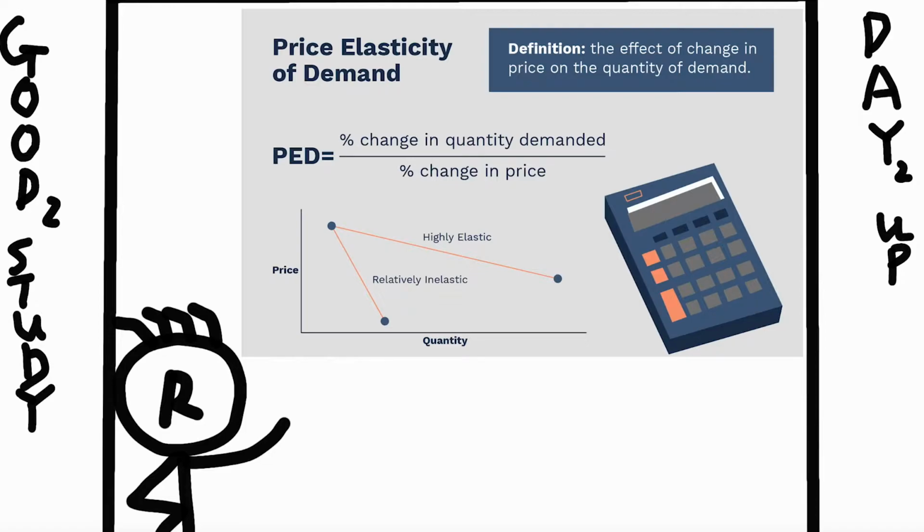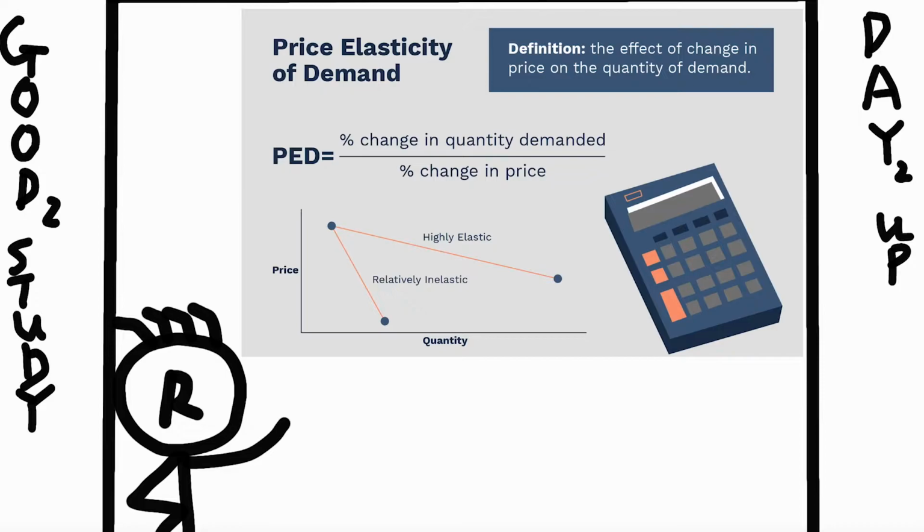Both apples and oranges are relatively elastic because if the price of apple goes up, the demand for apple would go down significantly because people can switch to buying oranges instead of apple. Same logic for orange. If the price of orange goes up, people can buy apple instead of orange, so the demand for orange would